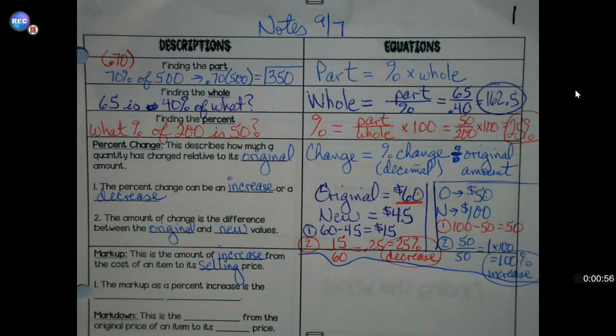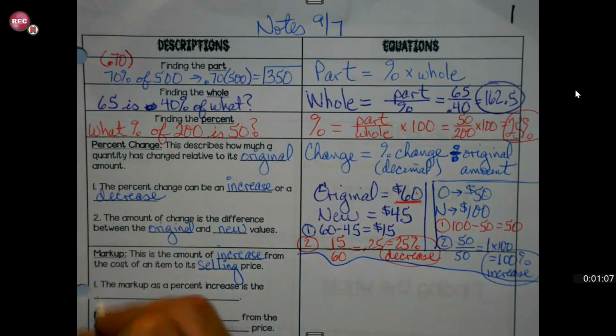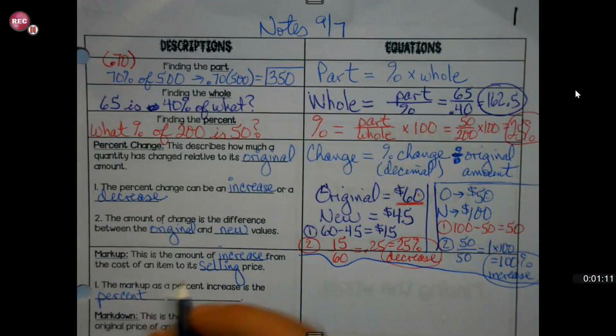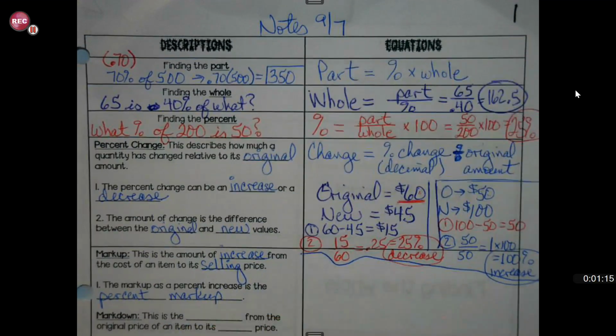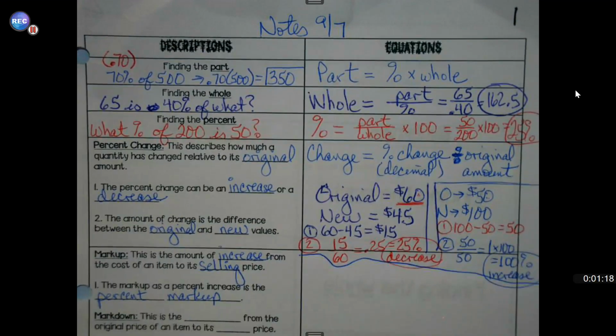So when we speak of that, probably more in a business term, sometimes you'll hear the term markup, but when we talk about it as the percent increase, we talk about it as a percent markup. So, for instance, let's say,